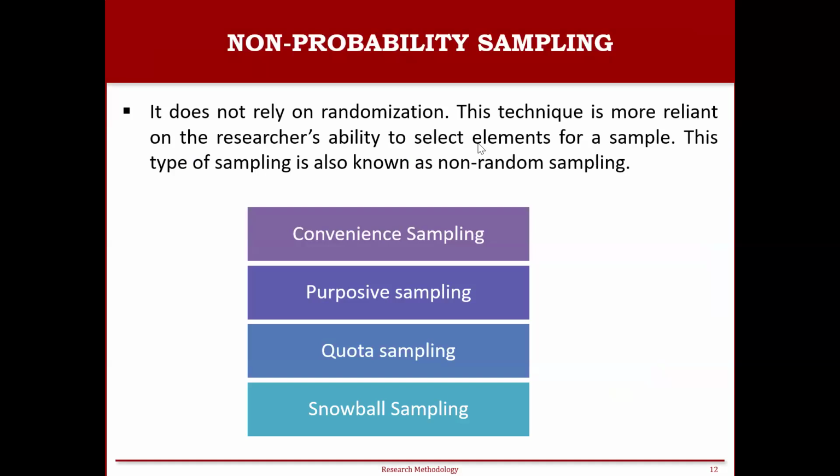Under snowball sampling, there are some cases where the population is really difficult to access, right? There are some cases where we are going to assess a difficult situation, and in that case, the population is really difficult to access. Or when we study some hidden groups, like specific social networks. Like when we are going to study a drug-related social network, the population is really difficult to access, right?